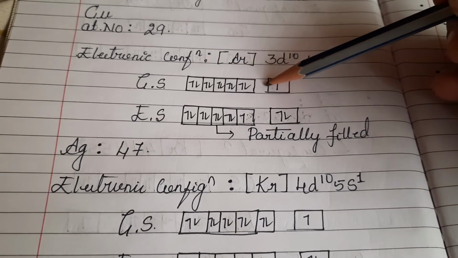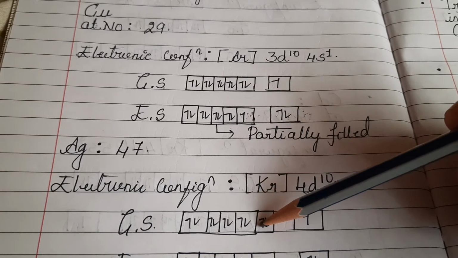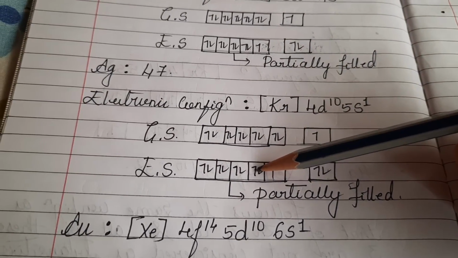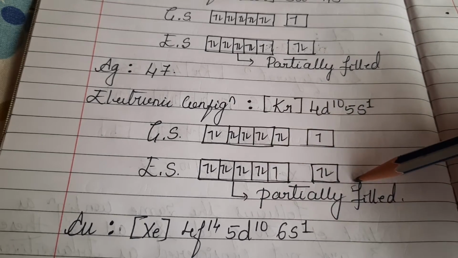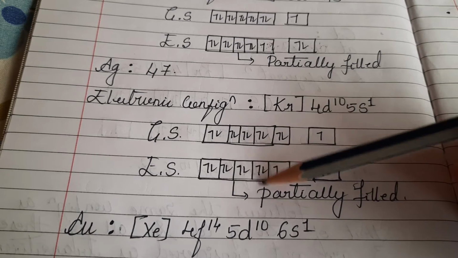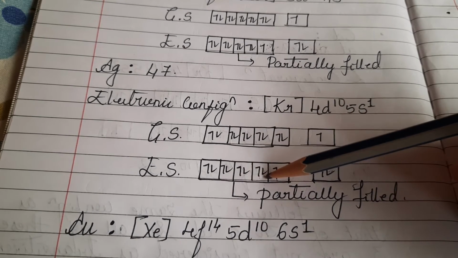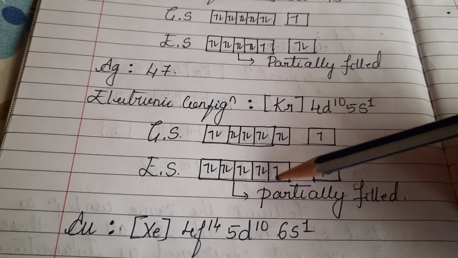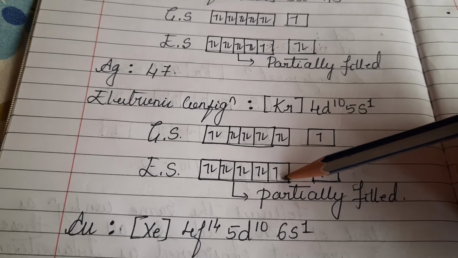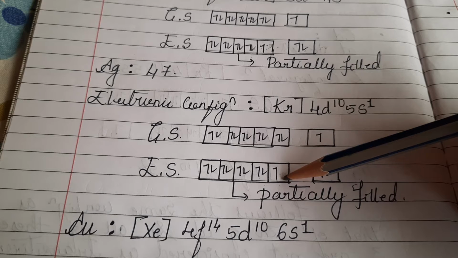But again, you can consider here Ag, with the atomic number 47. See here, in the excited state, as with copper, it will also lose one electron to the s orbital. Then they are considered to be partially filled. They are not completely filled, they are partially filled. Whenever the compound or the state is present as partially filled, all are considered transition elements. And similarly, they also show a certain kind of magnetic property. I'll explain all those things later.